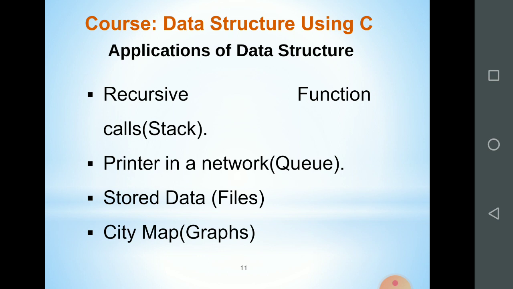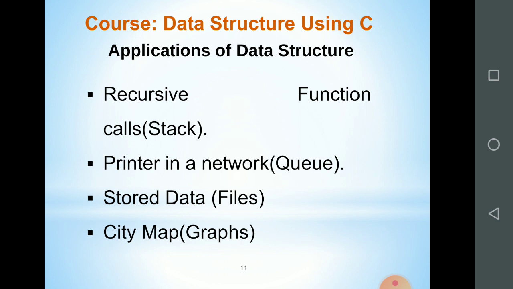A number of print commands are given to the printer, and it completes every command in a linear fashion. One by one it will print every command. So the printer in a network uses the queue data structure behind the scenes.